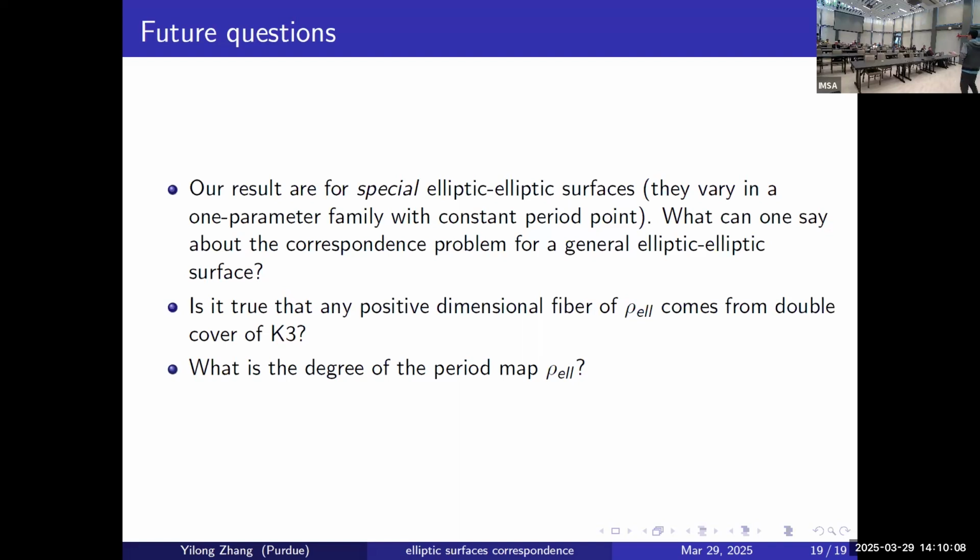But we wonder, how do you characterize all the possible positive dimensional fibers of this period map? Are they all coming from the base change of K3 as we constructed? That's something we are trying to do, but we haven't got there yet. The last one is that it is already known that it fails generic Torelli, meaning that it's not one-to-one, it's two-to-one. And how do you compute the degree of this map? And sort of that's some